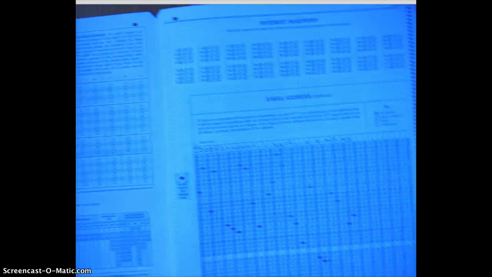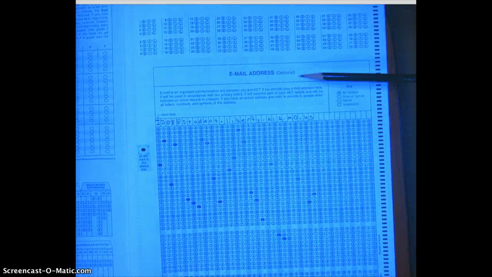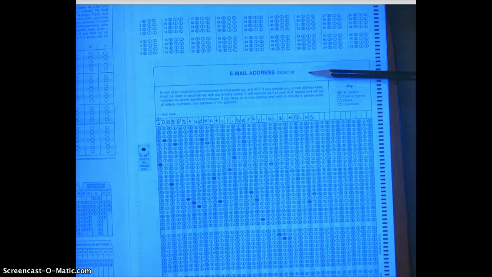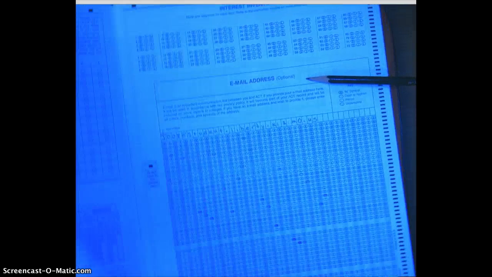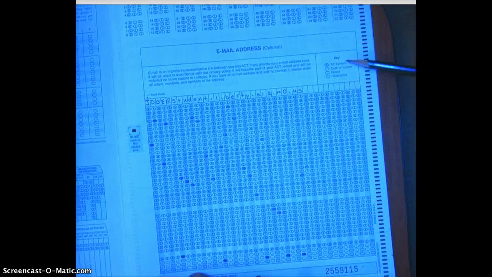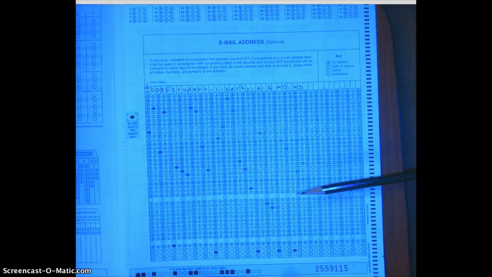In the last section on this page is the email address section. Like it states, it is an optional section. The advantage of bubbling in the email address option is that back here on the first page where it says Educational Opportunity Services, they can mail you opportunities or they can email you information, such as my scores have been sent on this date to this school,